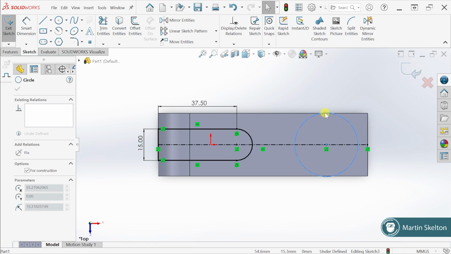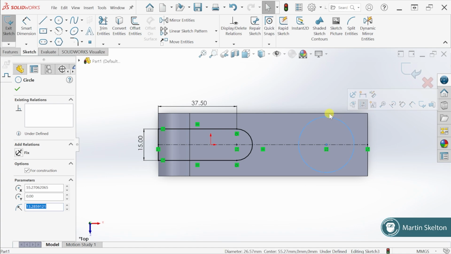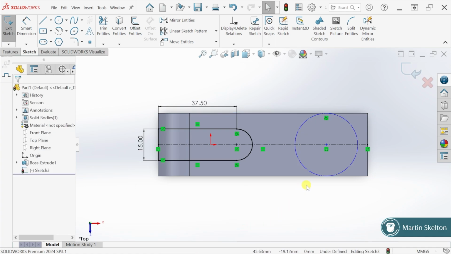But because my relation was only white, it didn't stick. I need my relation to stick. If I click on my construction circle, hold my shift, and click on the edge of the model, see what it says? Add relation of tangent. And it's suggesting tangent to me. So if I click tangent, okay, wait, it's still